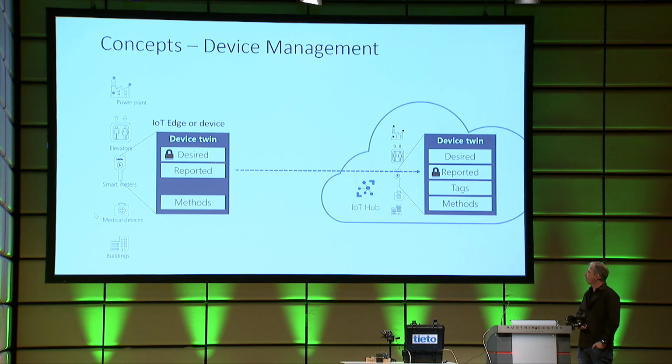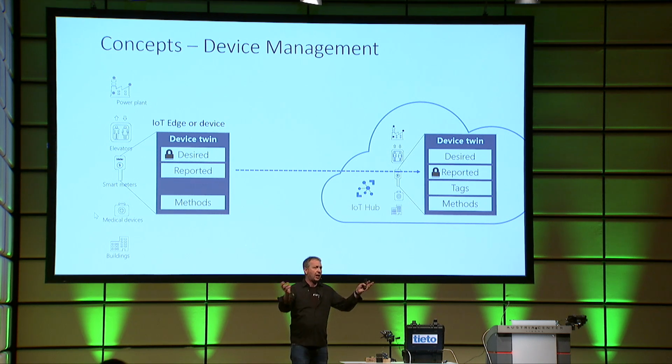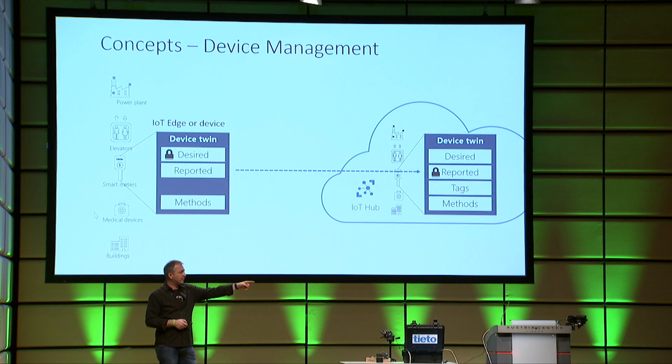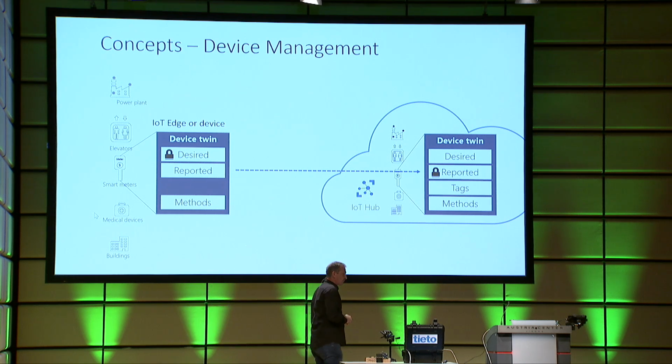cloud as well. Also interesting is the tags section, so you can use whatever tags you want, and very interesting option, so you can query in the cloud, hey, give me all edge devices that are in Vienna or of a certain factory type or whatever. You can structure those tags as you want. And finally, you could also define methods, so it's pretty much the same like we've seen for the regular IoT devices when I invoke the methods. Okay, so